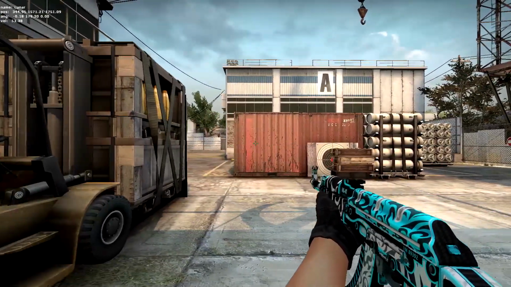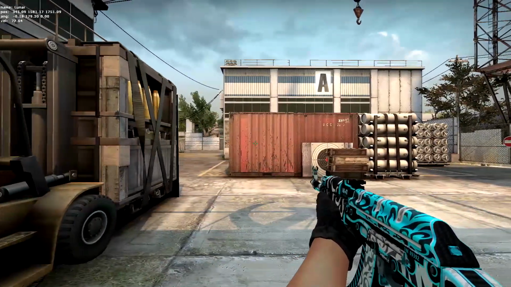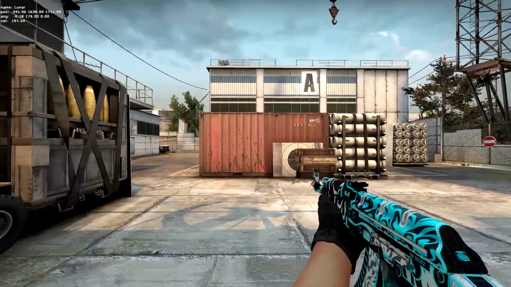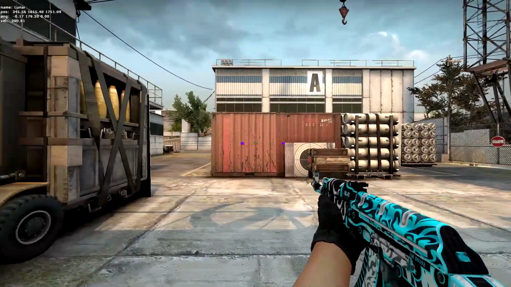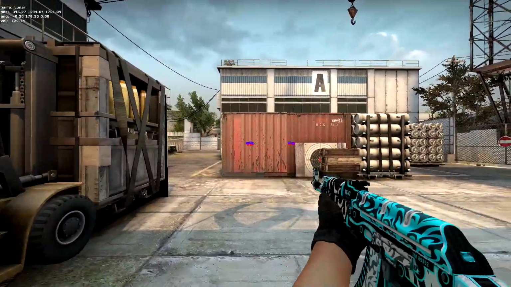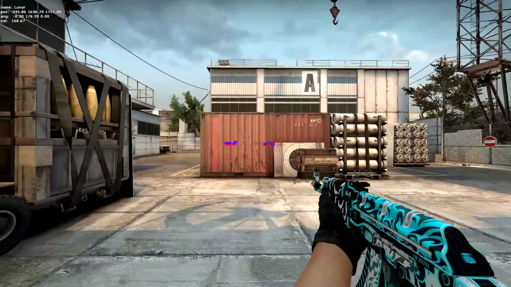Now, stutter stepping is when you're using your A and D keys and moving left to right. As an example, when you're moving left, let go of A, and after letting go, hit D. This puts your velocity down to 0 and makes you accurate for that split second. This makes you a harder target to hit since you're constantly moving. And I know we're talking about rifles, but if you're sidestepping when you're using pistols, this is a huge thing